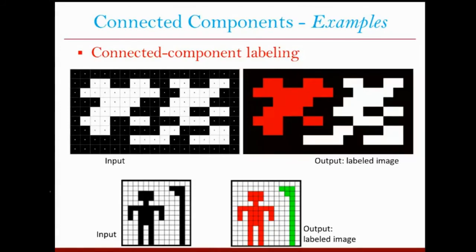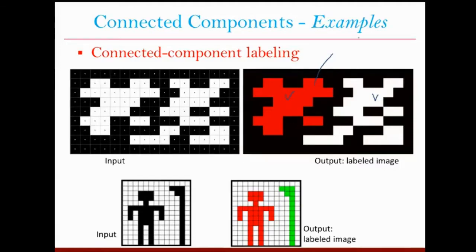So based on our definition, given this image, we can find out how many connected components are here. And normally, whenever we find the connected components, all the pixels which belong to one component, we label or color with one color, and the other pixels which are from the other component, we give the other color, just for visualization. And in terms of processing, we can assign any label to these pixels, but the label should be the same.